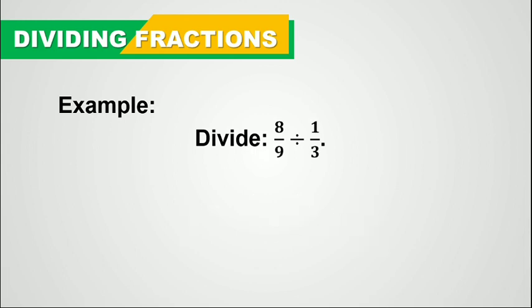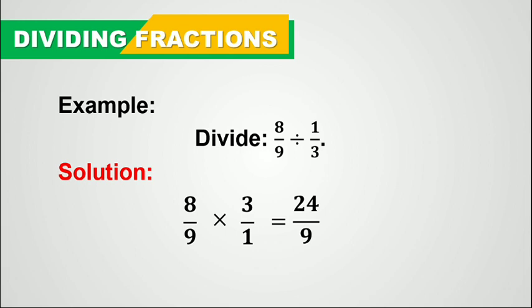Let's divide 8/9 by 1/3. Again, just copy the dividend, 8/9, and then get the reciprocal of the divisor. 1/3, its reciprocal is 3/1, and then proceed to multiplication. Numerator times the numerator, 8 times 3, that's 24, and denominator times the denominator, 9 times 1,